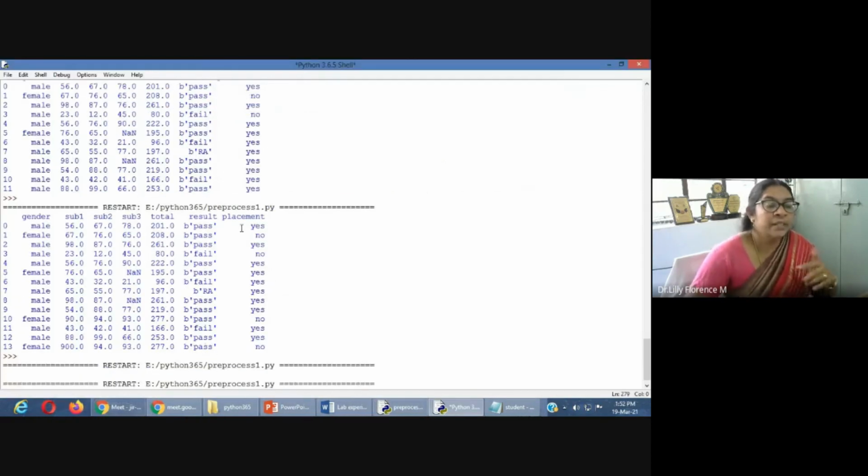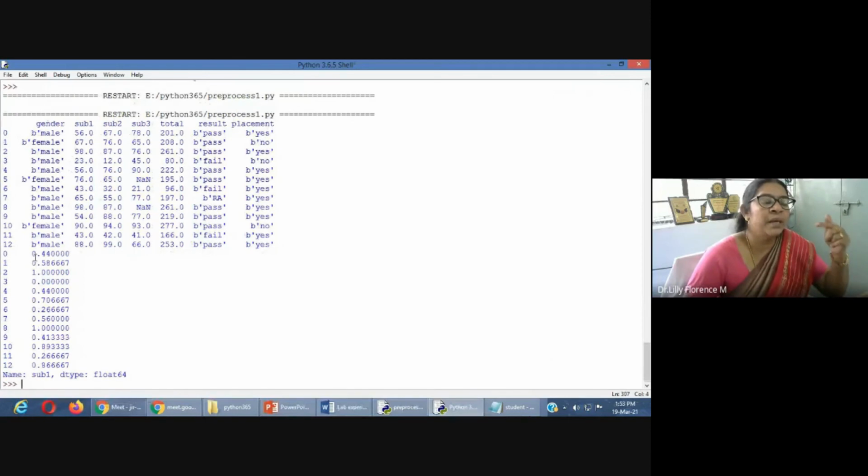When you see, after applying this, all our data will be between 0 to 1. Could you see this? This is our subject 3, the previous result. After we apply the transformation, the subject 3 data has been transformed to 0 to 1. Like this, we have to apply the transformation for all numeric data, so that all the data will fall into the range of 0 to 1. The conversion will be very quick, and the time complexity and space complexity will get reduced, so that we will get better performance in our analysis.